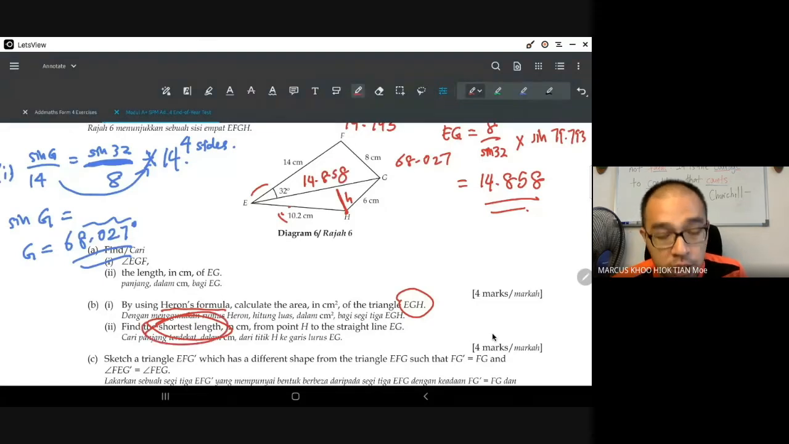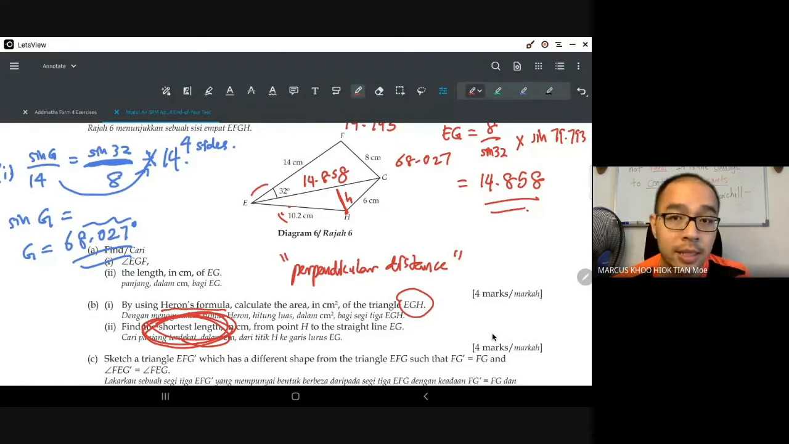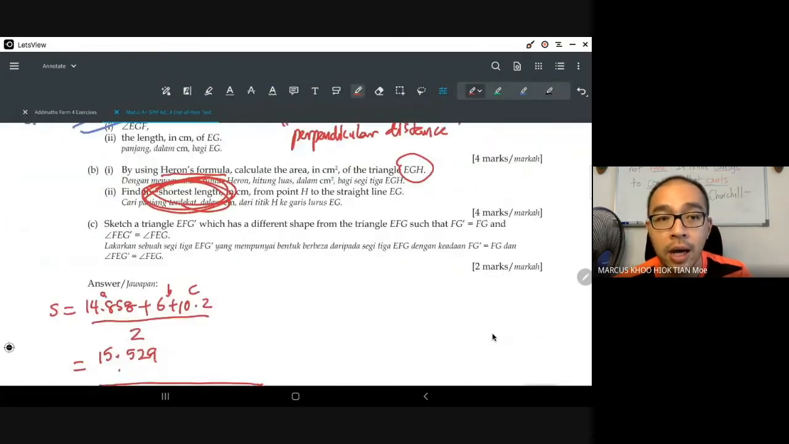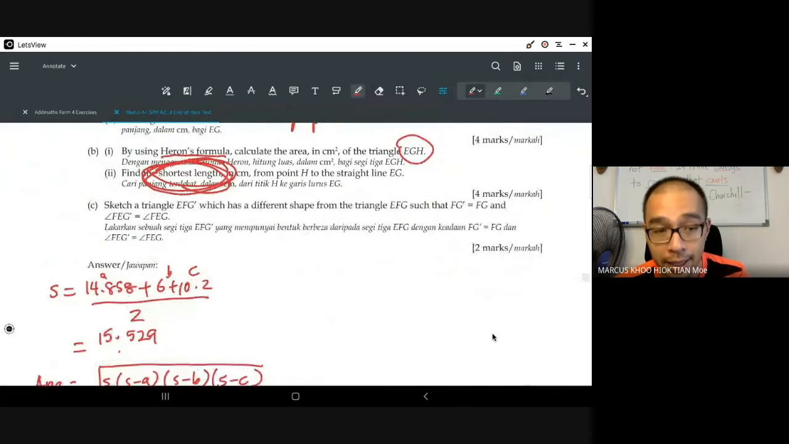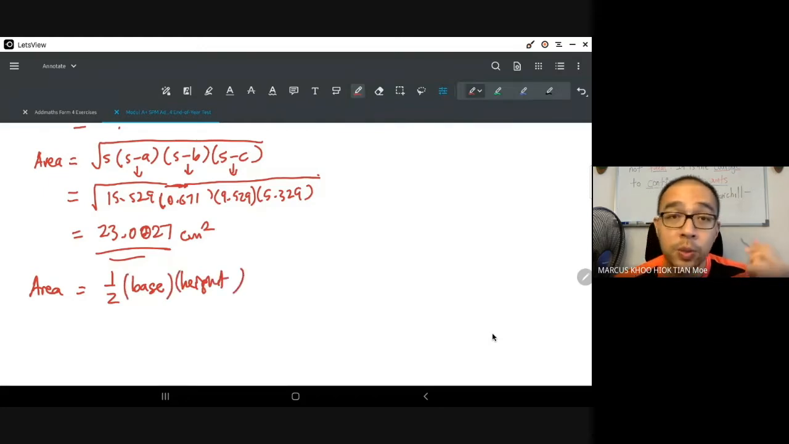Remember, when you see the word shortest length, shortest perpendicular distance, all this is the same thing. Okay, take note of these words: perpendicular distance, shortest length. Everything refers to the height. So area equals half times base times height. The area we have, because we already use Heron's formula to count. Area is